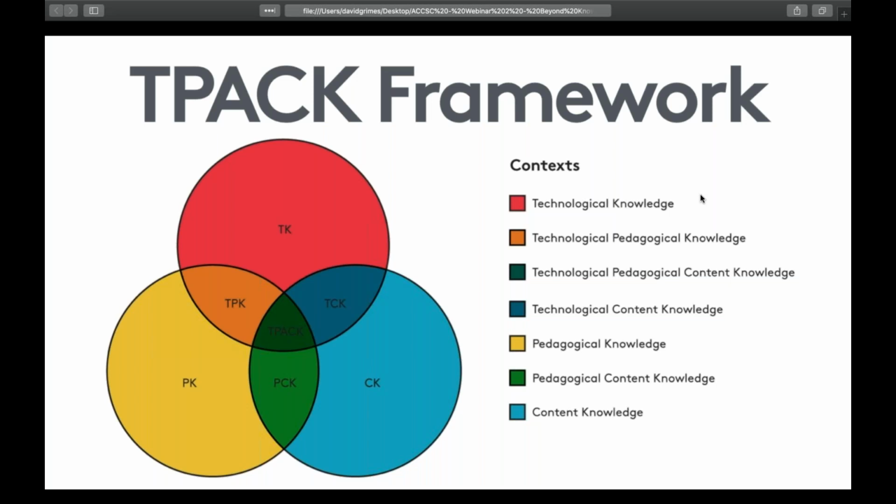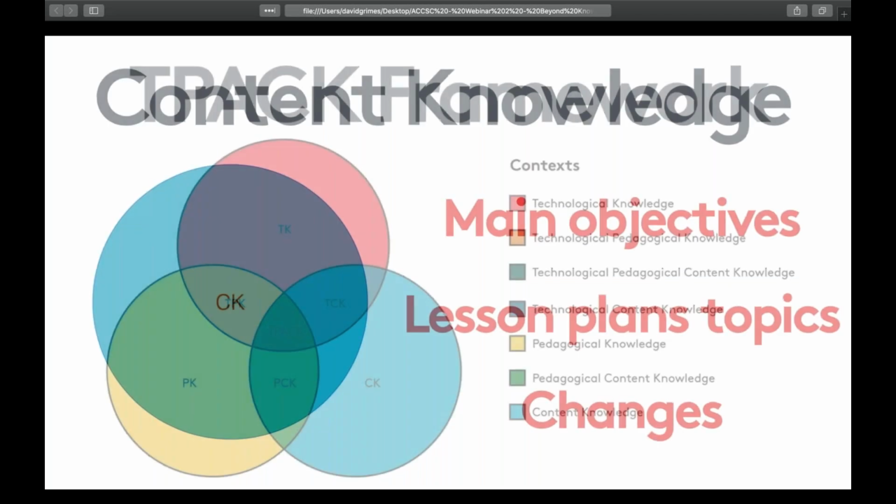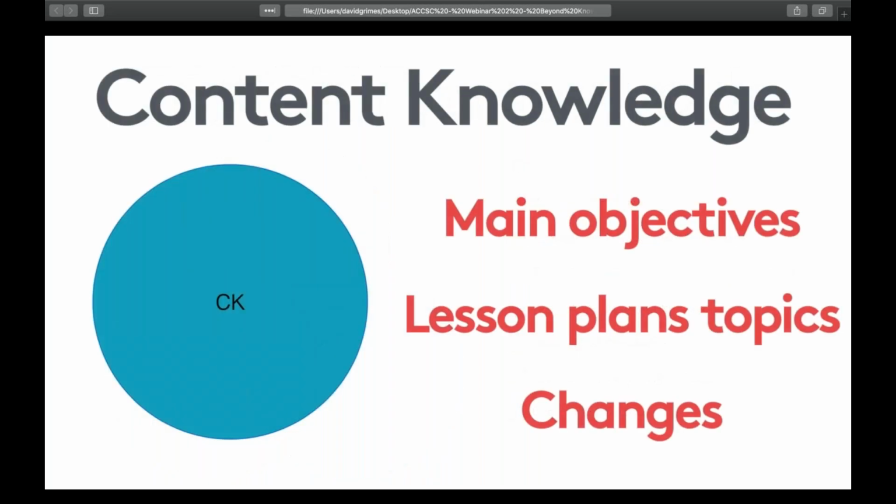So I just want to hit those three things quickly, because that's going to be an awesome starting point for us as we go beyond the knowledge. And what we're going to do is go beyond it a little bit and take a look at some of the details. So when I mention content knowledge, we just want to cover the stuff you're teaching, right? And this may include main concepts, theories in your class, best practices, for example, and they revolve around this CK, or content knowledge sphere, the circle here.